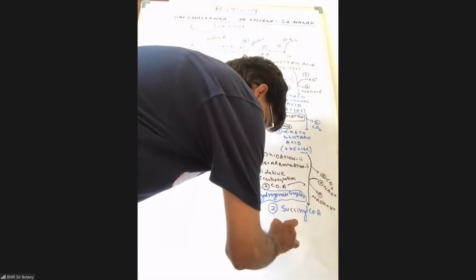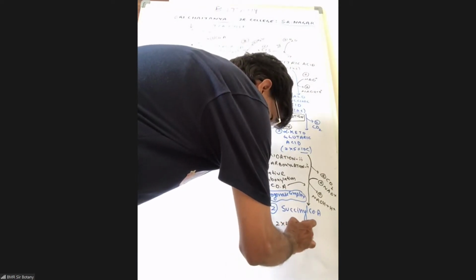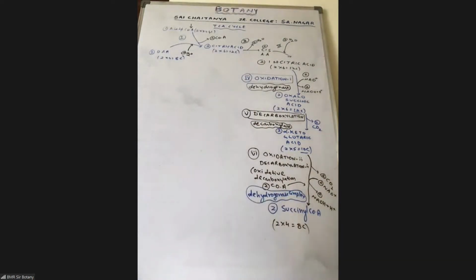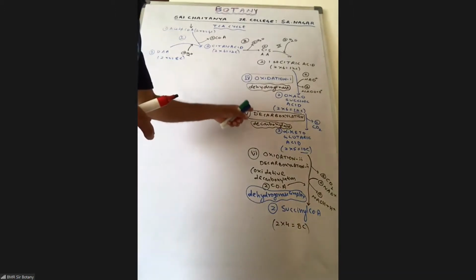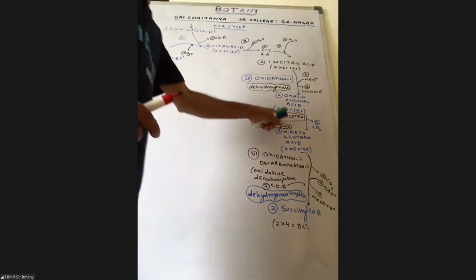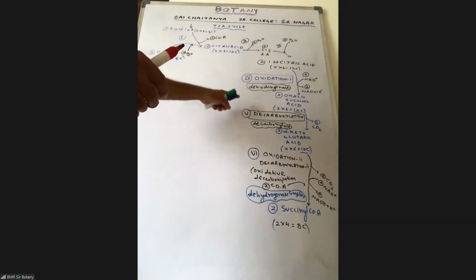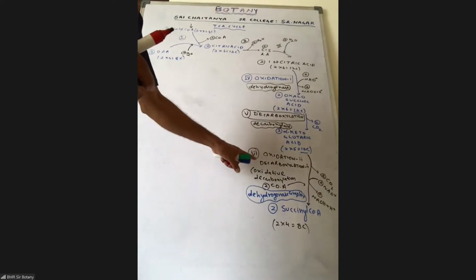This is a 2 carbon compound, 2 molecules with 8 carbons ultimately. So 2 successive decarboxylations. And in fact, textbook outlines show these 2 together as 1. This is shown as 1 separate.